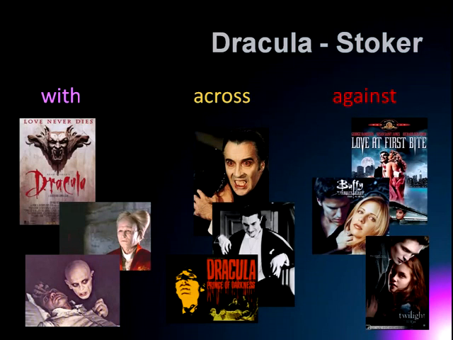It starts to become difficult when I start thinking about reading against stuff here, but we'll come to that in a second. So reading with the text, and that's Bram Stoker's Dracula, the book Dracula. There are versions that have been overtly with the text. So Nosferatu is very much with the text. It's an alternate. Do you know Nosferatu?